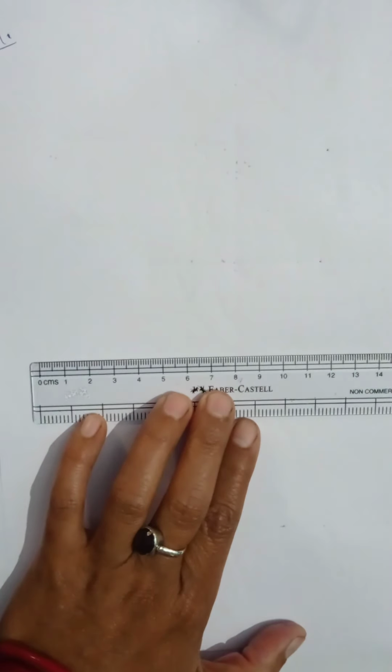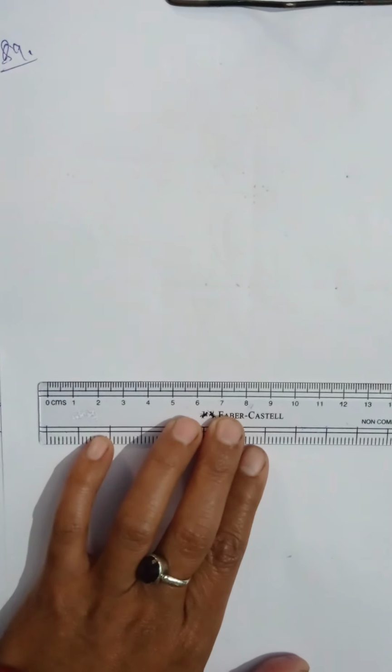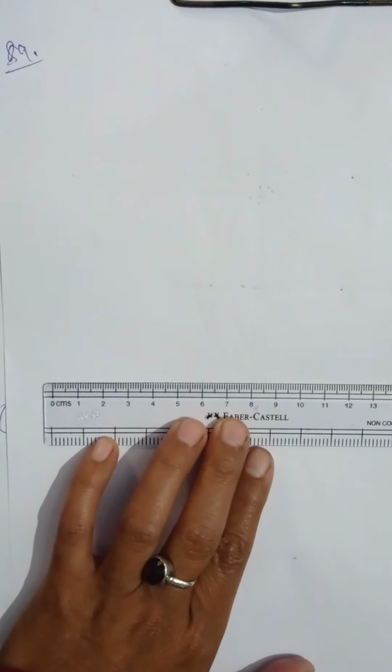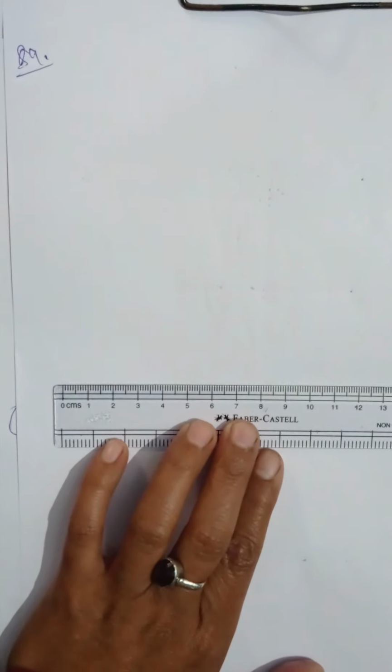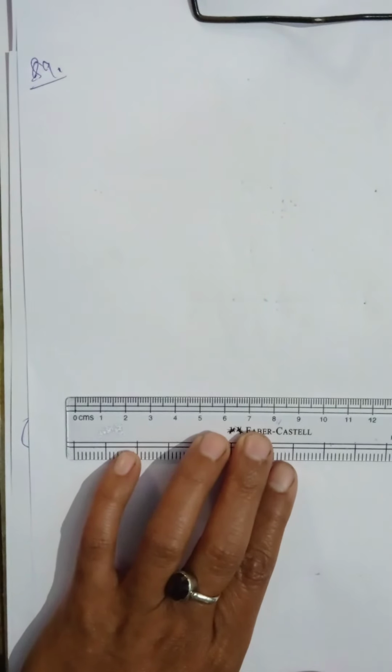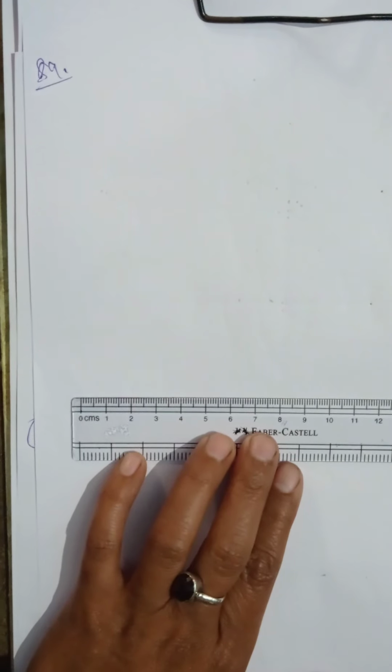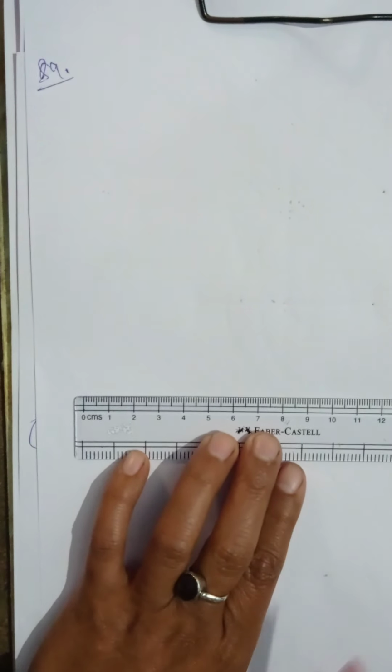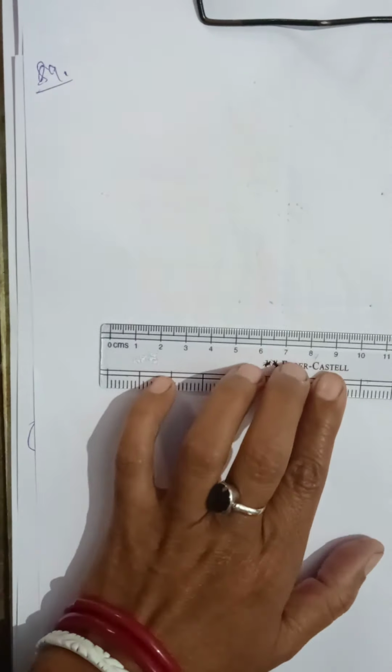I'm telling, draw any angle with vertex O. Take a point A on one of its arms and B on another such that OA equals OB. Draw the perpendicular bisector of OA and OB. Let them meet at P. Is PA equal to PB? You cannot understand it at a time, so let me do it one step at a time.